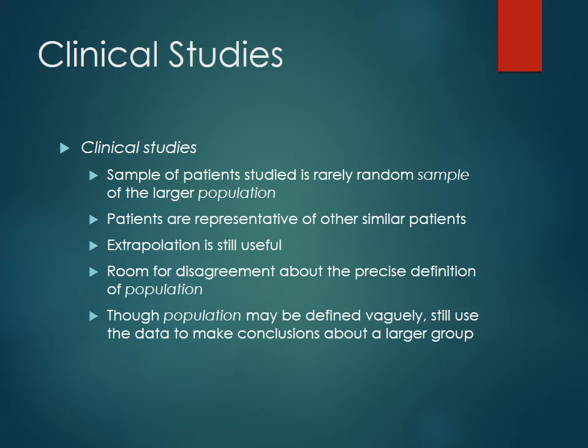Then looking at clinical studies, we already talked about this. So obviously, our population here is going to be kind of what we define it to be. And so you'll see that defining populations is really important when looking at clinical studies. So say, for instance, you're looking at the tolerability of, say, HIV medications. Who's your general population you want to extrapolate that data out to? HIV population. Probably all HIV patients, right?